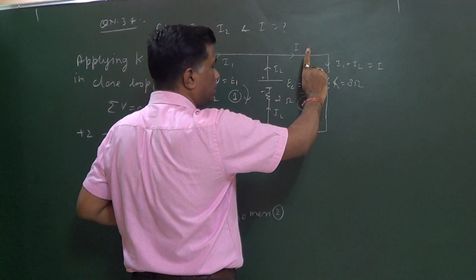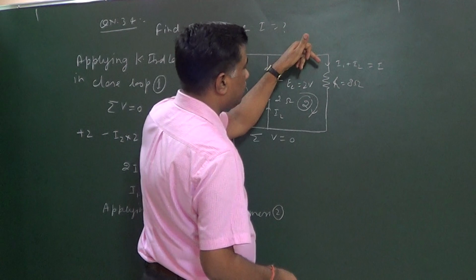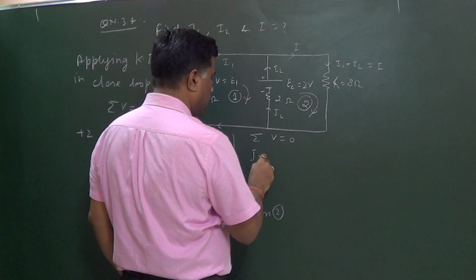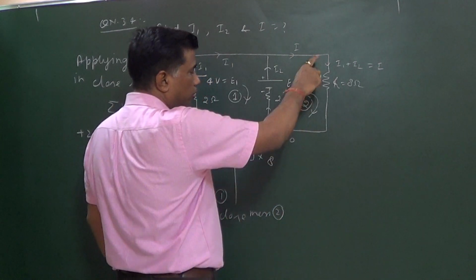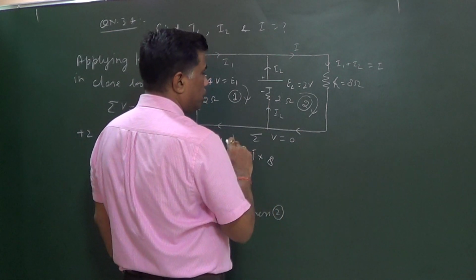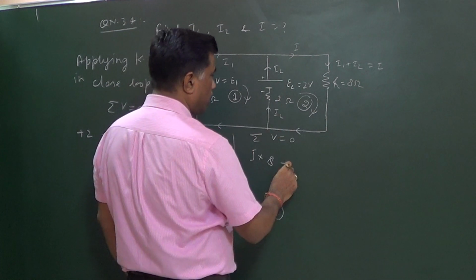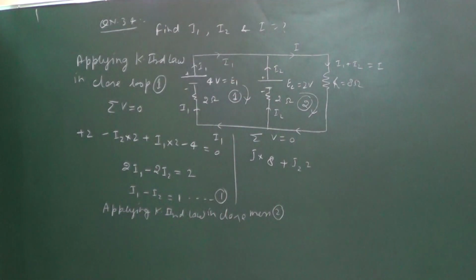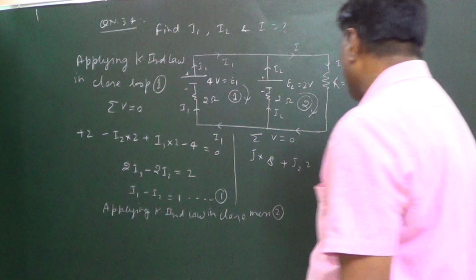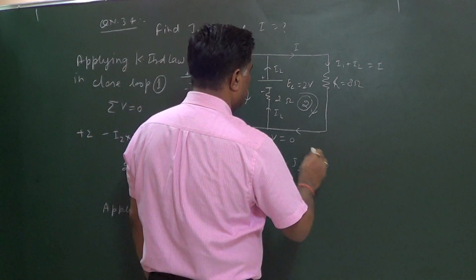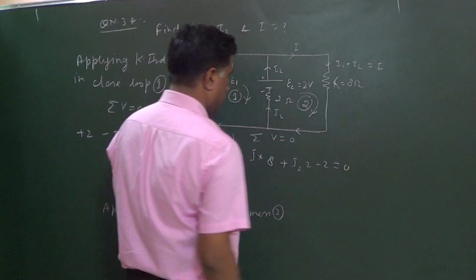In this side there is no resistance, no potential difference, but in this side the potential difference will be IR. So I into R, with R having value 8, will be positive as we are moving along the direction of current. In this arm there is no resistance. Now we are moving along the direction of current, so I2 into R2, I2 into 2, is positive. This is what? Minus 2. So minus 2, from negative to positive, equals 0.